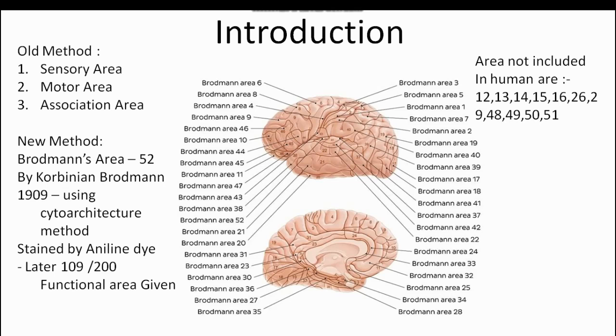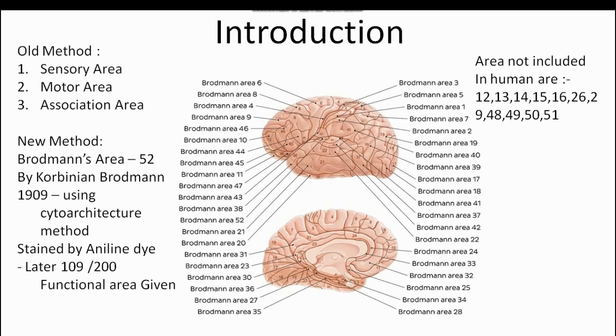And the other area is the motor area. Motor area is that from where the projection fibers come out. Clear? And these projection fibers are the pyramidal fibers. So the pyramidal fibers are what? They are the corticospinal tract. They are the corticonuclear tracts. So these are the pyramidal fibers.